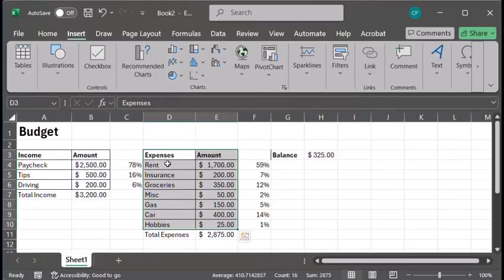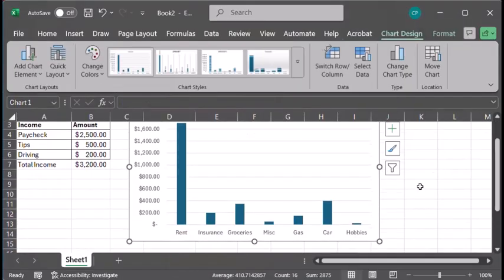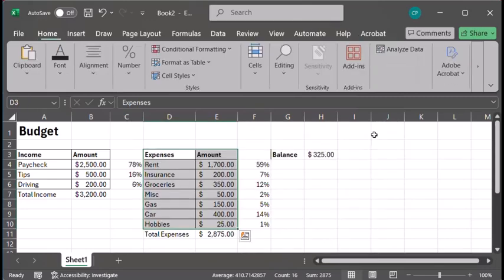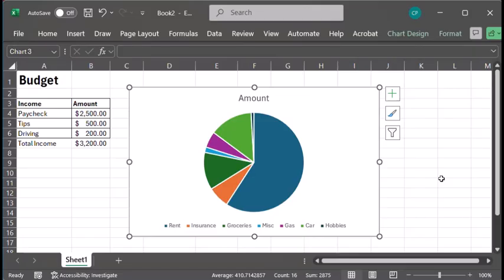Because this is amounts for different non-numerical categories, I could do a bar chart, which Excel calls a column chart, and this would show a column for each one of those expense amounts, and the height of the column represents the total amount of my expenses. Or I could do a pie chart, which would give a nice visual of the relative expenses. Just hide the ribbon so that I could see this a little bit better. So here we have a pie chart with our different expense amounts visualized in a pie slice.